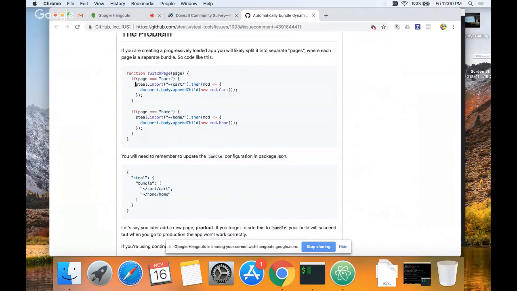So we don't have anything exactly like this, but essentially we do have very similar things where this gets turned into an AST and we parse the AST. We can easily find these steel.imports and regular imports and know that this is a bundle. So we're going to move this into the bundles automatically, so you don't have to configure it yourself,